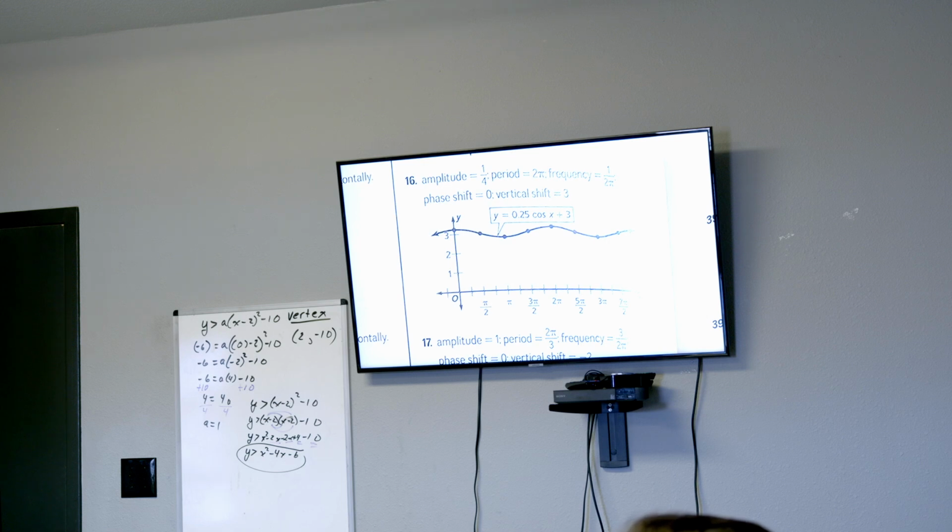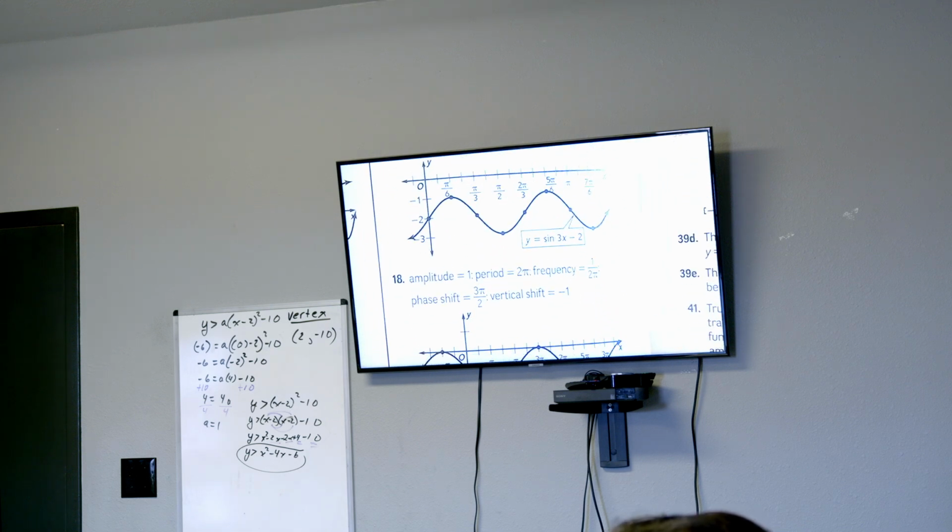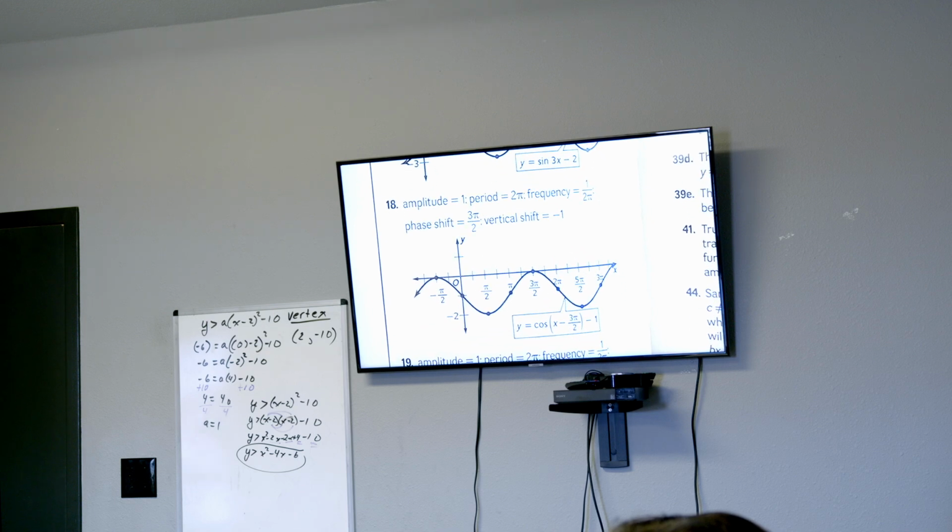Amplitude 1/4, period 2 pi, frequency 1/2 pi, phase shift 0, vertical shift of 3. And finally, number 18, amplitude 1, period 2 pi, frequency 1/2 pi, phase shift 3 pi over 2, and vertical